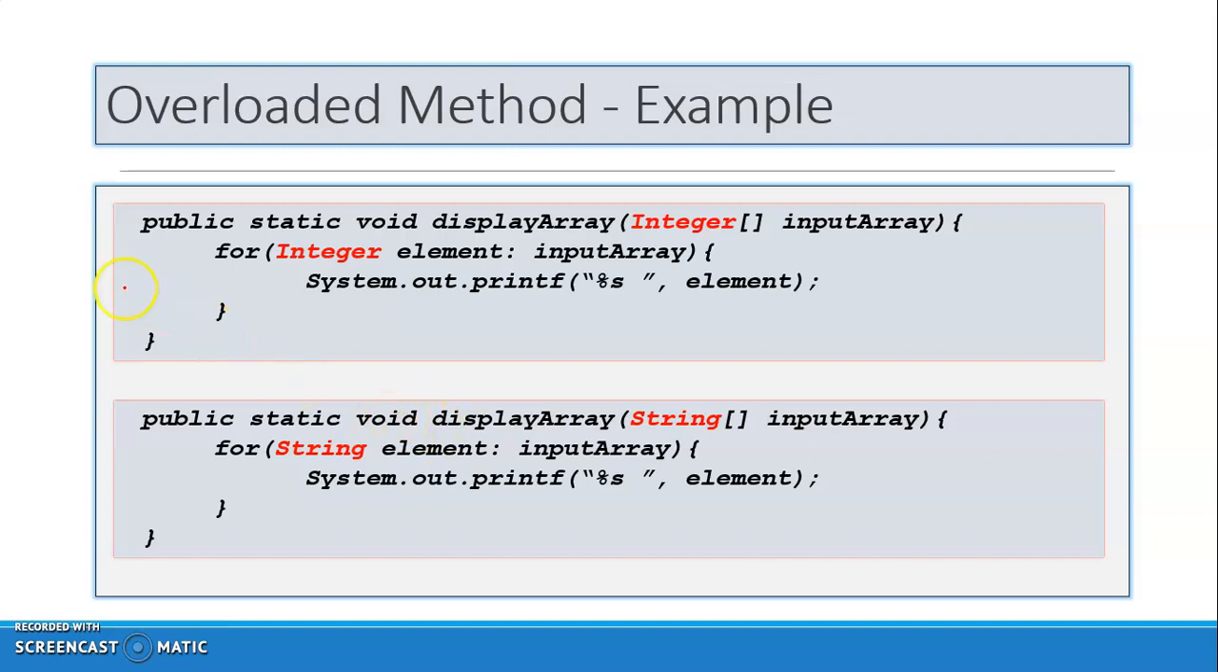So here is an example where we are having an overloading function just to display elements of an array, and we are using an array of data type integer. And using this loop, we are able to display all elements of the array. So we could overload this, if we want to have another variable,